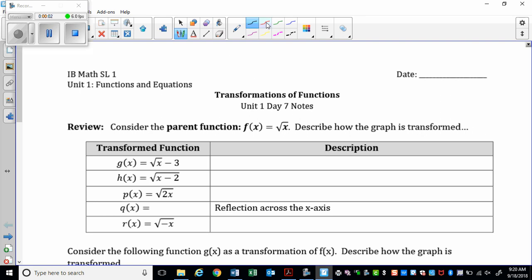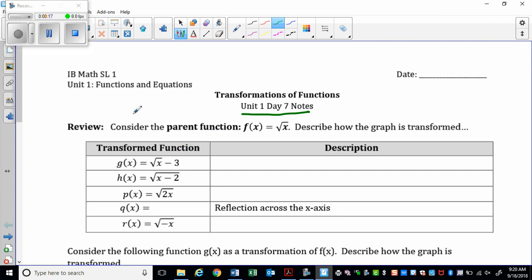So good morning. This is Unit 1, Day 7 notes. We're going to go over transformations. So you're just going to remember what a parent function is. Let's say our parent function is a square root of x, and we're going to see what happens when we